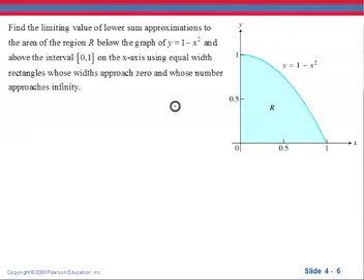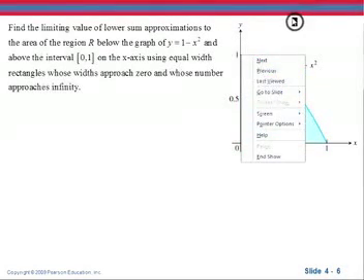Now remember this example. We took this example in a previous recording and we used left rectangles and right rectangles and mid rectangles, and we estimated the area under this. Now we're going to use this concept of limiting the value of the sums to find this area. Now we're going to think about lower sums. So remember, lower sums we took